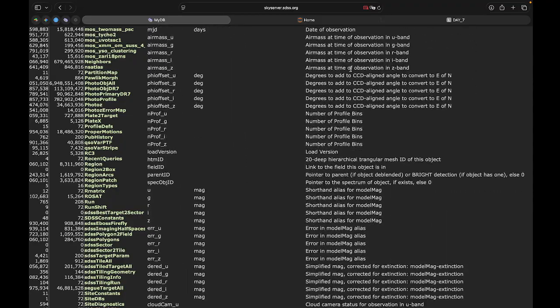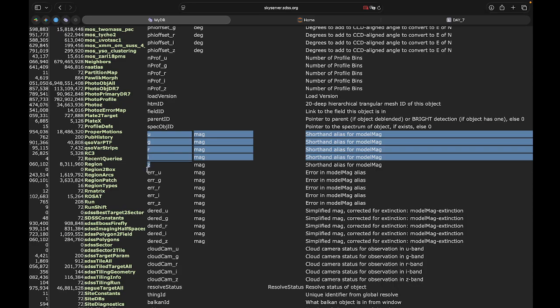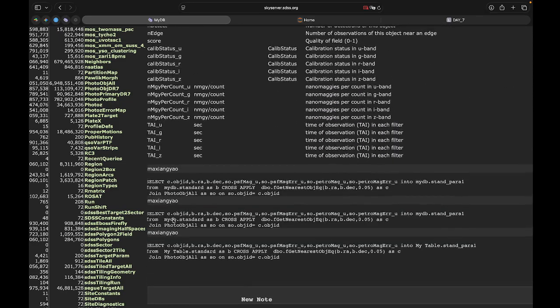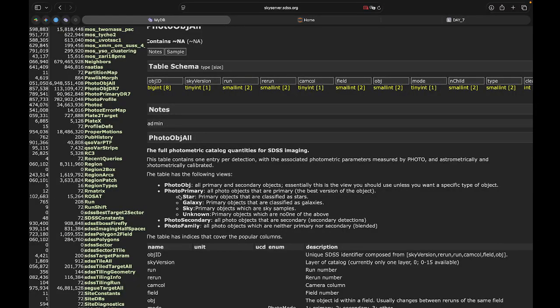So you can explore this also. So we have the magnitude value in the different bands with the error also. So it deals with the photometric data. So you can read this definition here. All primary and secondary objects, essentially, this is the view you should use unless you want a specific object